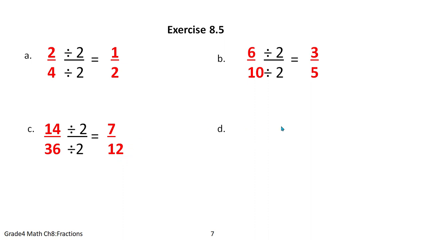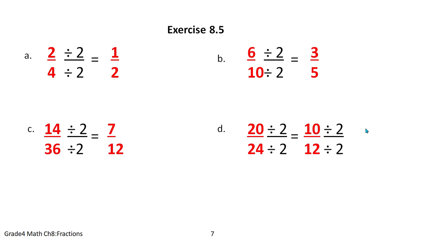Fine. Now the D part. I have taken 20 by 24. Now see, you can take 2 as a common factor. 20 divided by 2 I get 10 and 24 divided by 2 I get 12. Fine. Now 10 and 12 can again be divided further by a common factor 2. So 10 divided by 2 I get 5 and 12 divided by 2 I get 6. Now let's check which common factor there is in 5 and 6. In whose table will 5 and 6 come? In nobody's table. 6 will come in the table of 2 but 5 will not. Yes, so this is the simplest form.